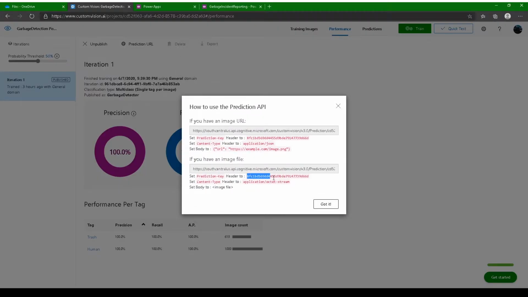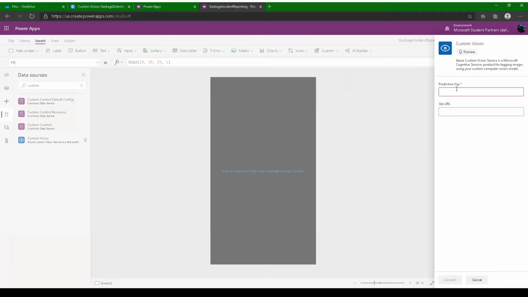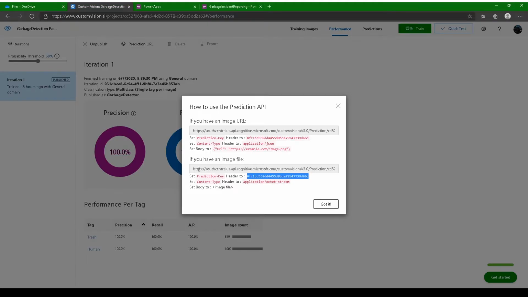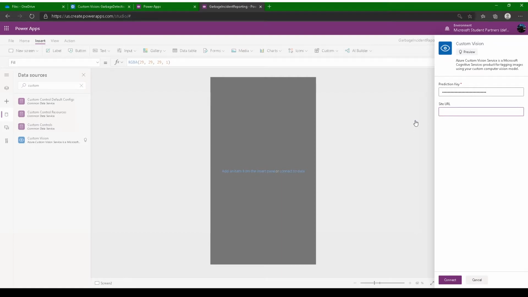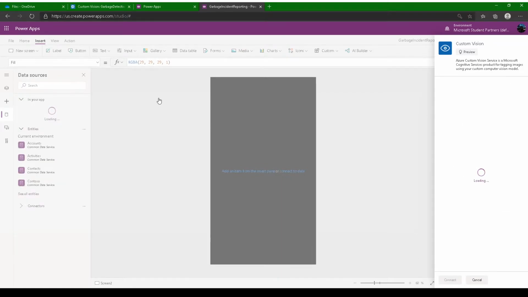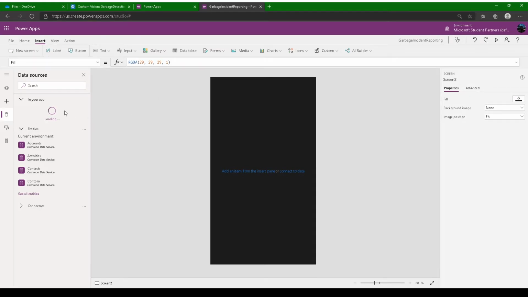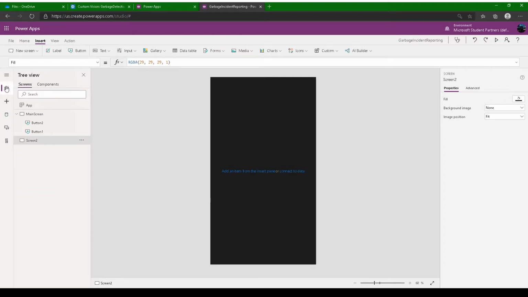Copy this ID, go back here and paste it here. For the site URL, go here and copy this, go back here and paste it here. So this is done, and click connect. It should take some time. Okay, now that it's done, you're fully able to use the Custom Vision model in your app.